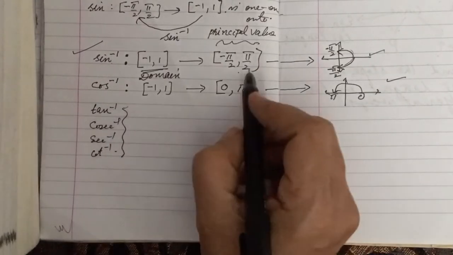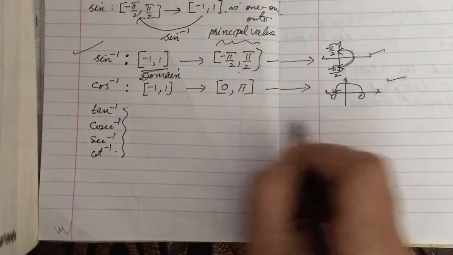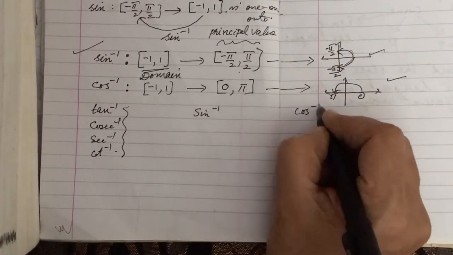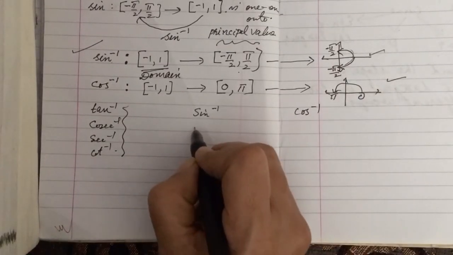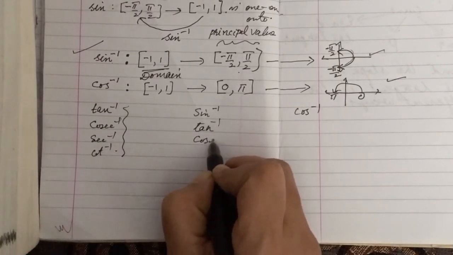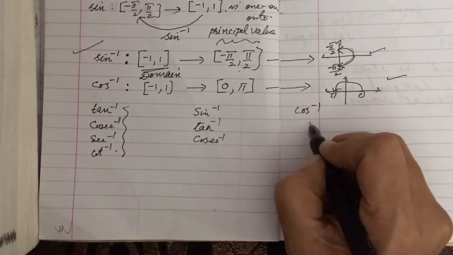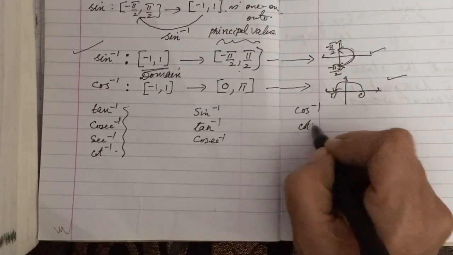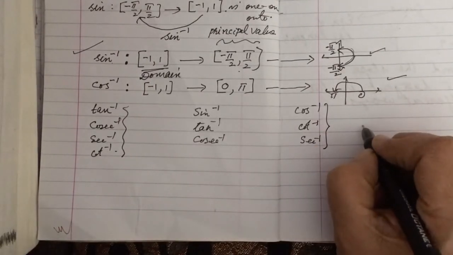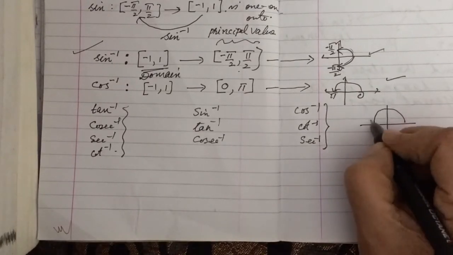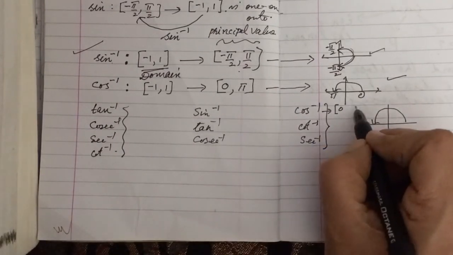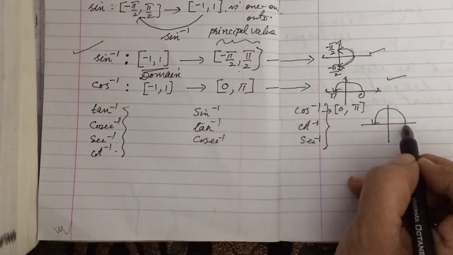For the principal values of all these functions, how to remember is, I group them into two: sine inverse group and cos inverse group. In the sine inverse group, we consider tan inverse and cosec inverse. And for cos inverse group, we consider cot inverse and sec inverse. All these groups will have the principal value in this range, but you have to be very careful. For cos inverse, it is every point from 0 to pi, or all the angles from 0 to pi.